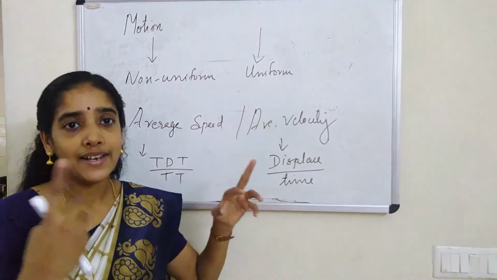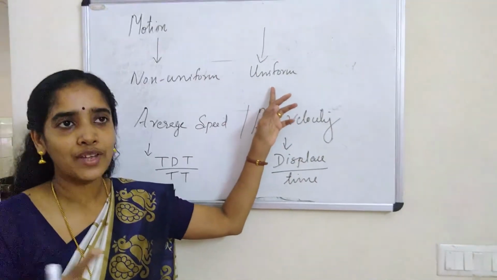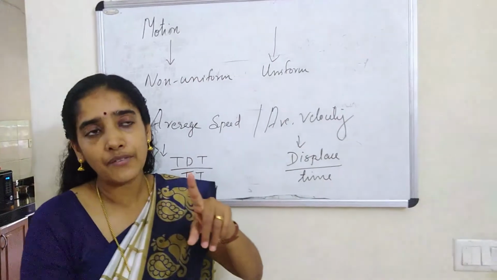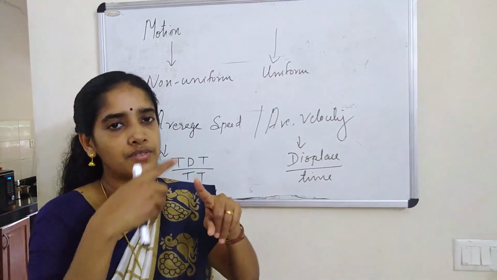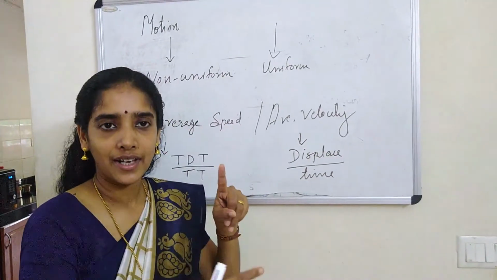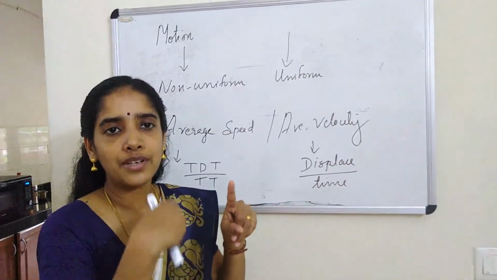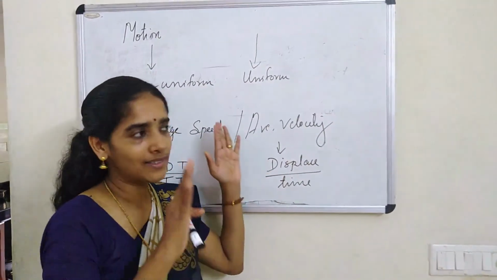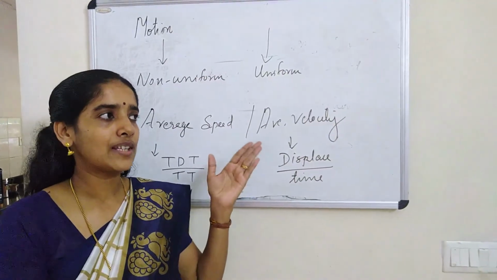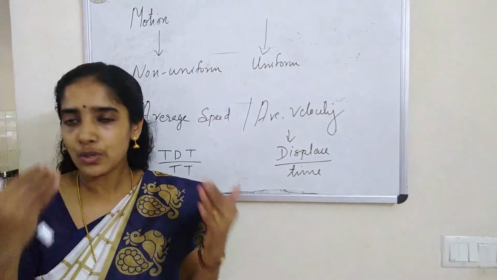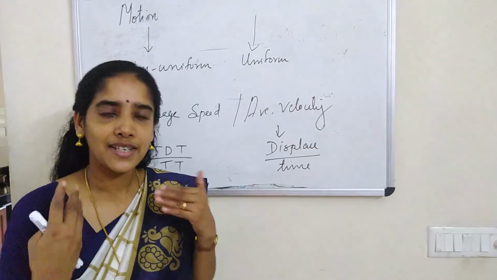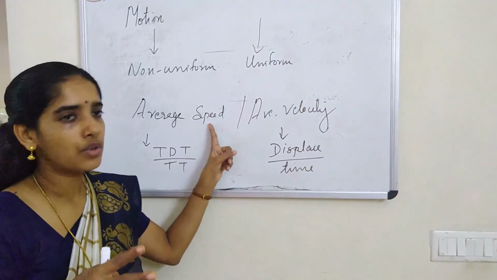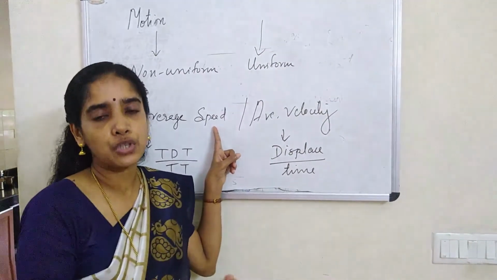Yes, just have a look at the hands of the clock. The motion is uniform. When the hour hand completes 1 hour, the distance traveled is the same. Or have a look at the minute hand. When 1 hour gets over, what is the distance traveled by the minute hand? 2 pi r. Again for the next 1 hour, what's the distance traveled by the minute hand? 2 pi r. So speed remains constant for the hands of the clock. You try to see your surroundings, your environment, and try to find examples of uniform motion. Generally, what type do we see? Non-uniform motion.